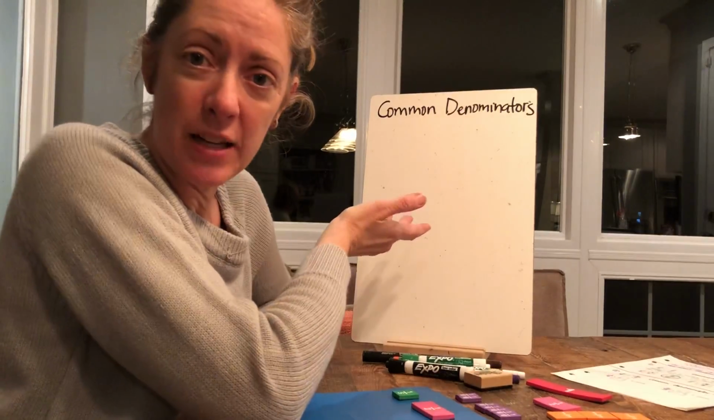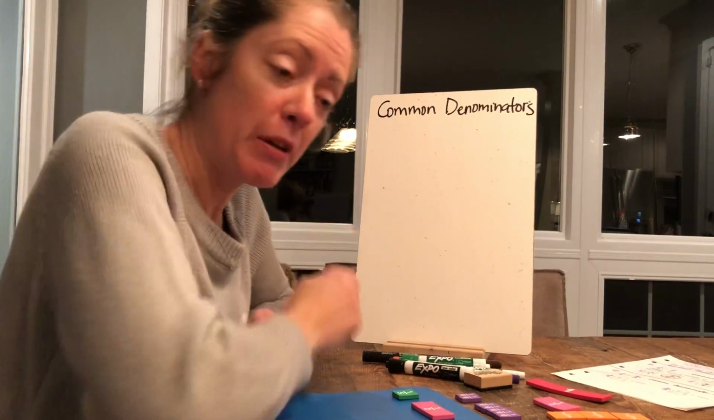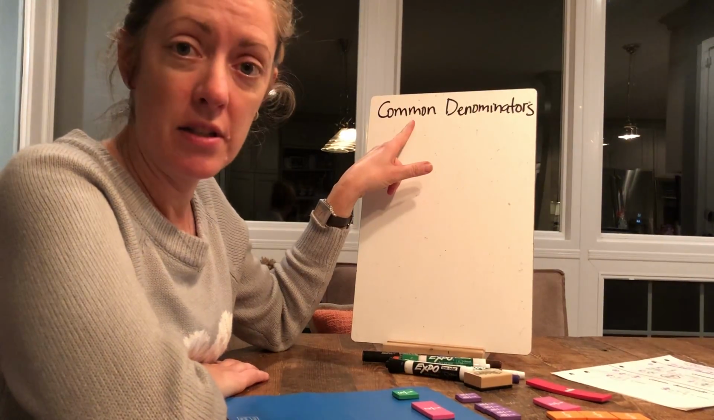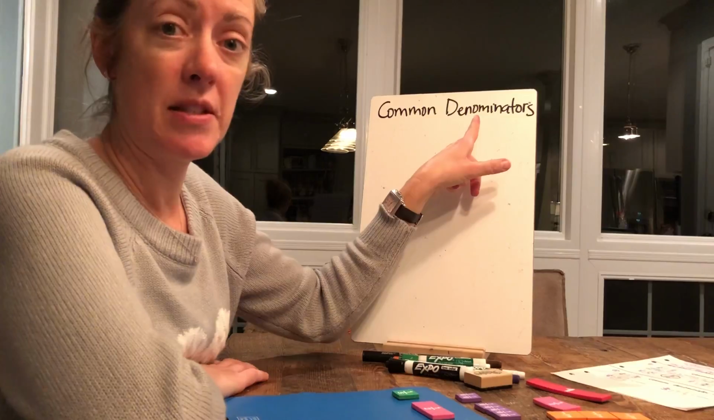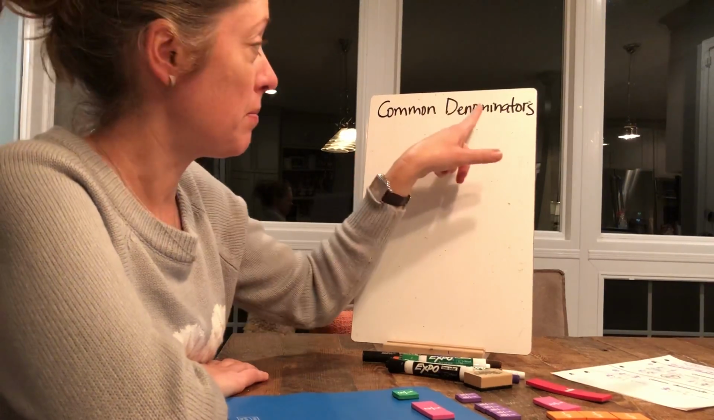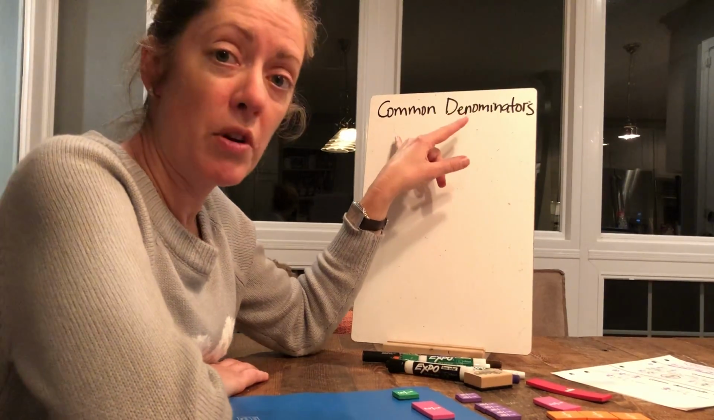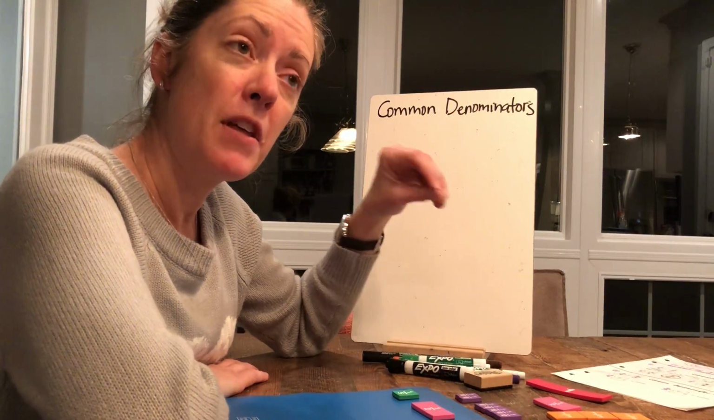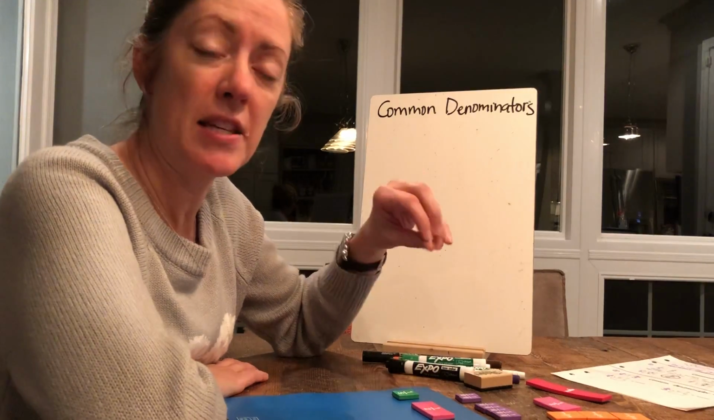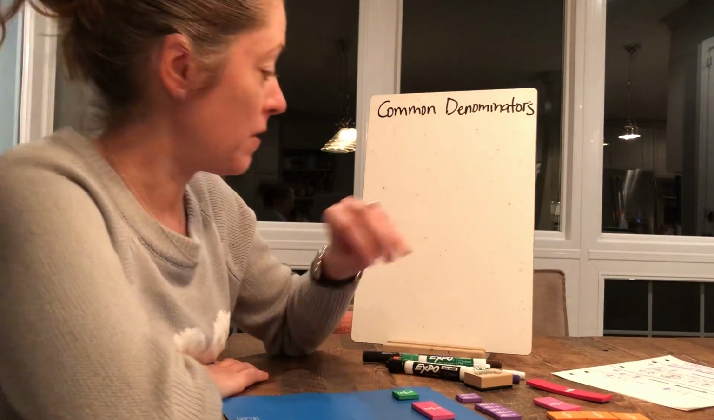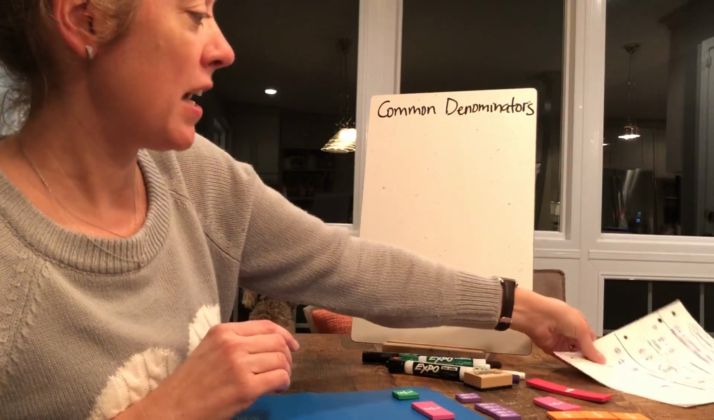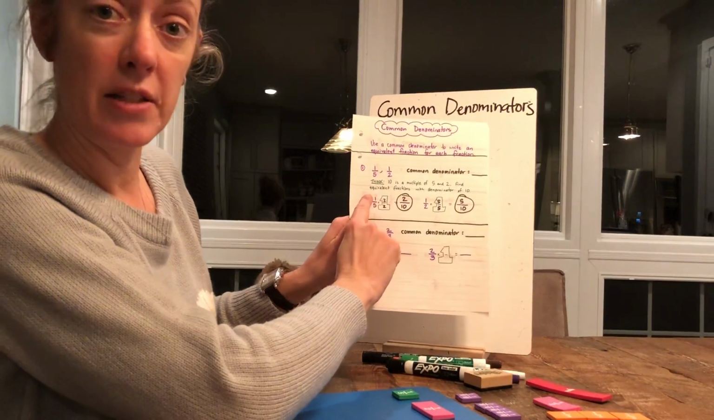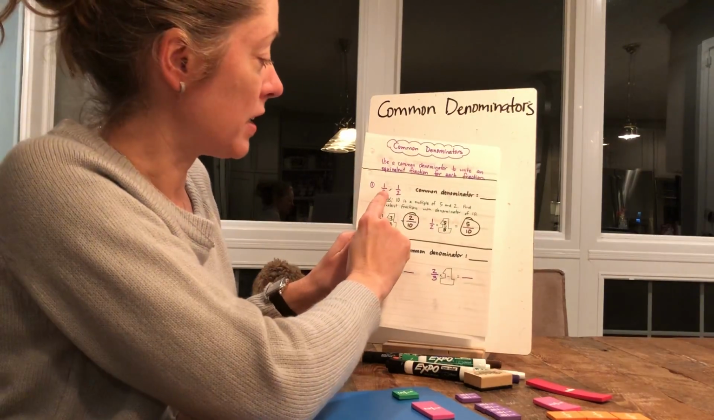We are going to talk again about common denominators. If you remember common denominators, common means same, and denominator means piece, the same piece. So we want to be sure that we are creating fractions that are using the same size pieces. For instance, if you look at your first problem here, take this paper out, we're going to look at